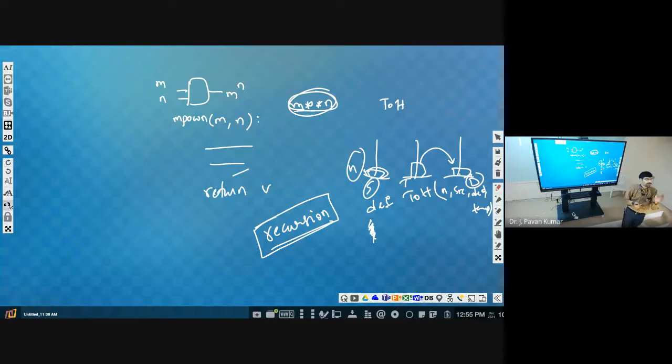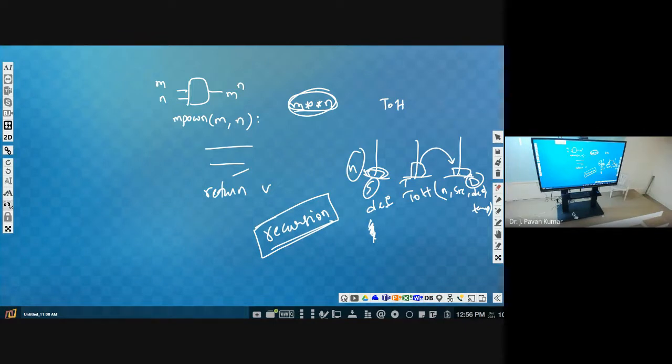I will give one input, 4 boxes. 4 boxes means how many steps will be there? 2 to the power of... 3 boxes means 7, 4 means 15 steps, 5 means 31 steps. 2 power 5 minus 1. So 2 power n minus 1 steps will be there.